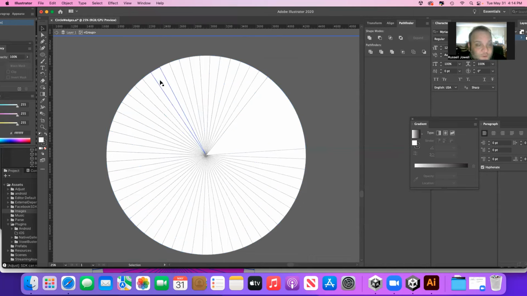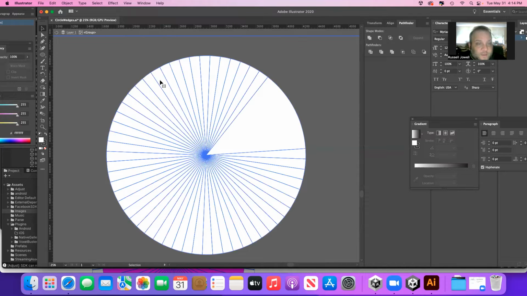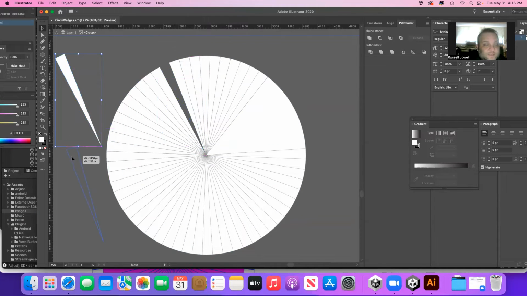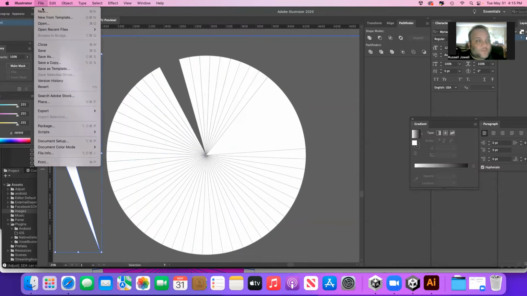So let's see if all has gone to plan. Yeah, I should have, and then I should be able to ungroup these. And yeah, there we go. So I have one slice, and I can pull another slice if I want to. So I'm actually going to copy these and bring them to a new